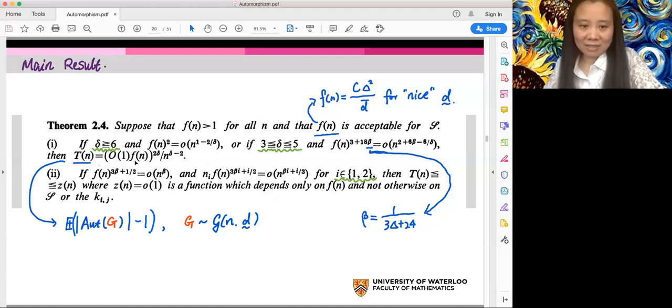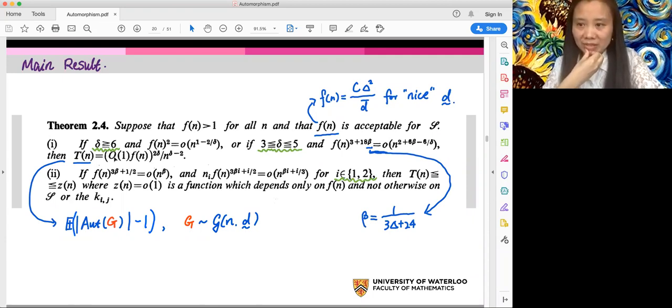And then it's expressed using some kind of formula, but if you replace f of n by this thing, you can work out another constraint to make Tn little o of 1. So that says that under those technical constraints, you know that the expected number of non-trivial automorphisms